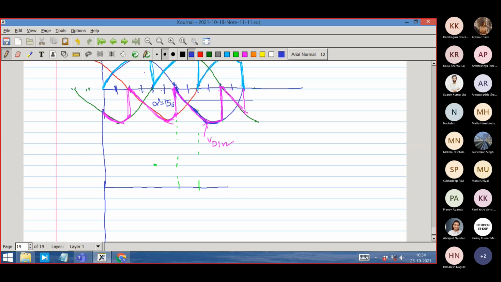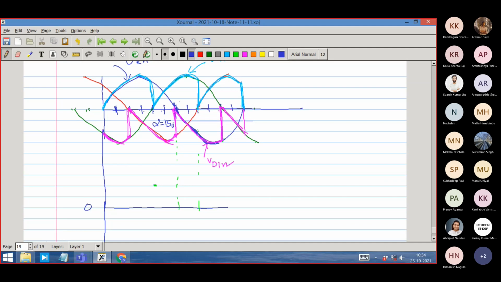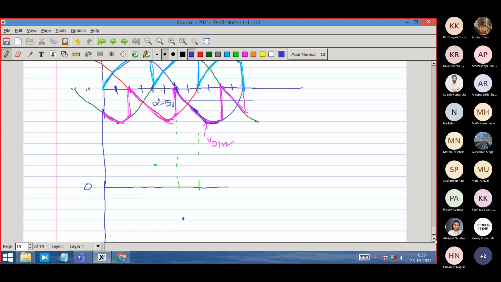Let me put this is 0 line, 0 voltage, right? So this portion, the R phase is 0, and Y phase is the other one, the negative phase is here. So total there is some negative value at this point, okay, and then at this point it is negative this much, and this portion has become again 0, so it is coming back to the same value. Okay, so like this it will continue.